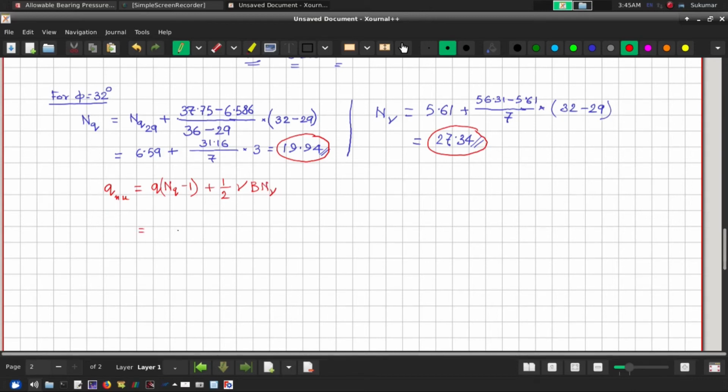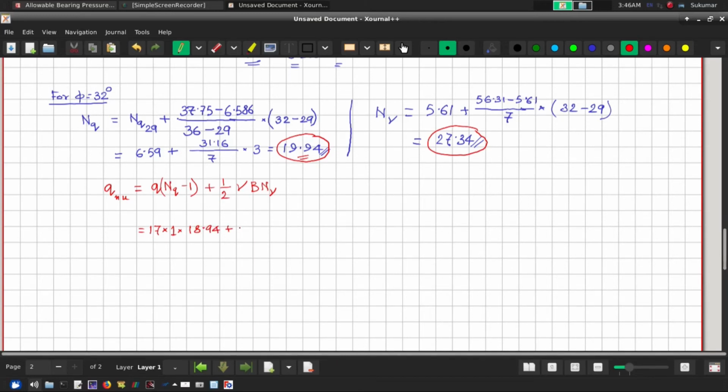And therefore q is my density, which was 17 kilonewton per meter cube, into depth of foundation, which was 1, into now NQ minus 1 will be 19.94 minus 1, which gives me 18.94, so I'll put this value directly,